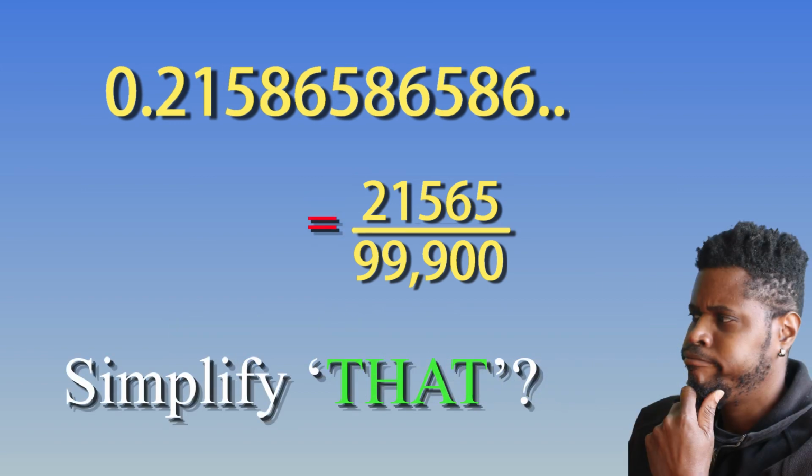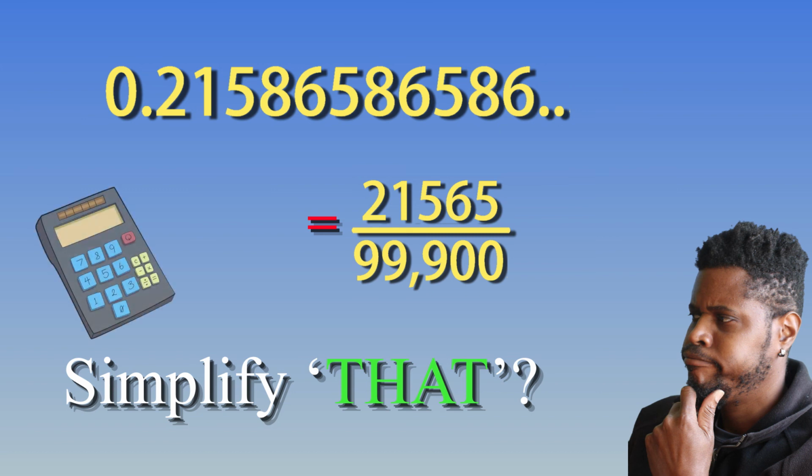You probably noticed that I haven't attempted to simplify any of these resulting fractions. In the last example, the recurring decimal resulted in the fraction 21,565 over 99,900, which is pretty hard to simplify. I haven't actually done the simplification of this fraction because that would make the video very long, and you can use your calculator anyway to demonstrate that this fraction is equal to the original recurring decimal. I doubt your teachers will be asking you to simplify a fraction like this because it's not necessary really.